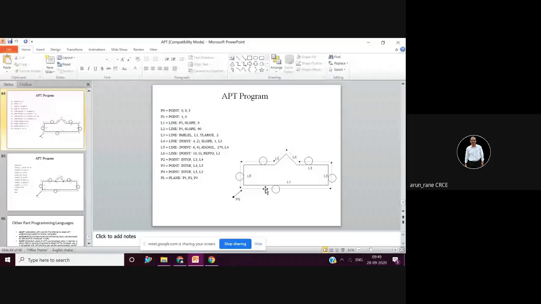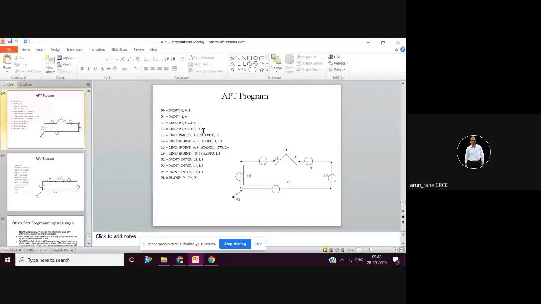So L1 is passing through the point P1 and having slope 0. Then L2 is again a line passing through point P1 and slope is